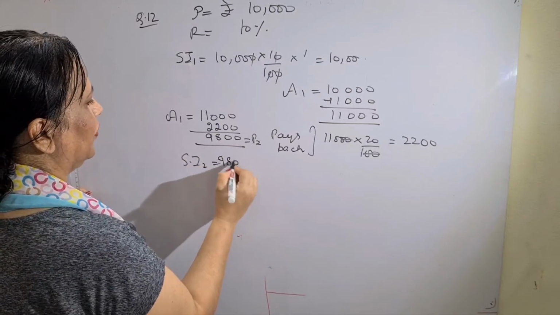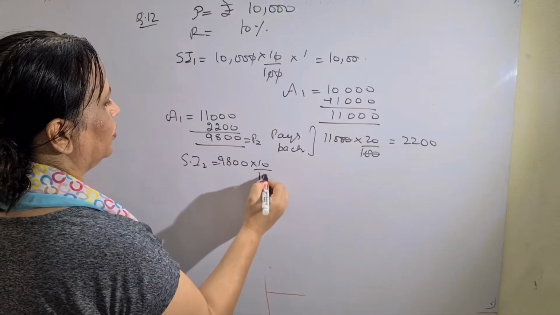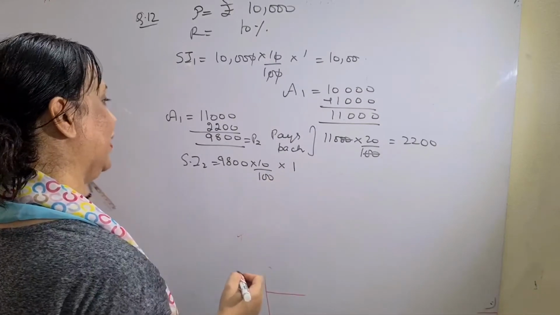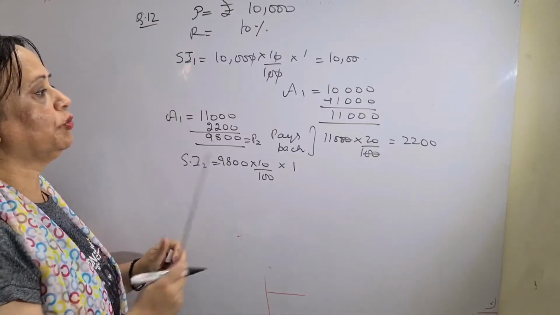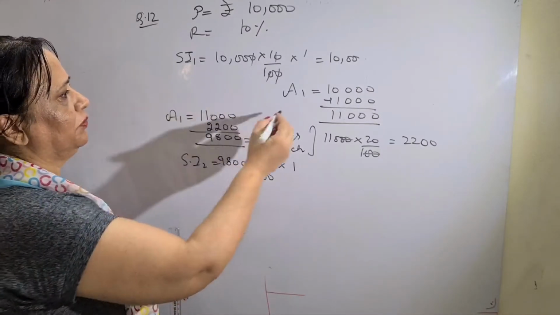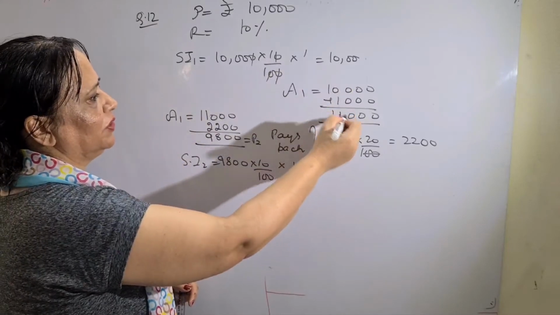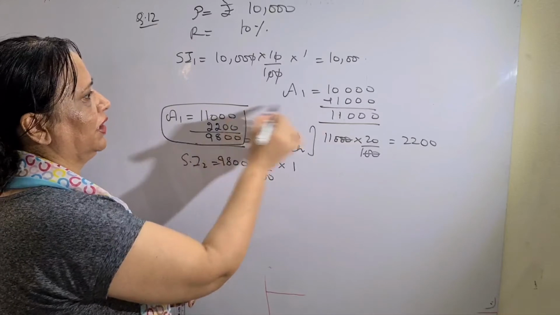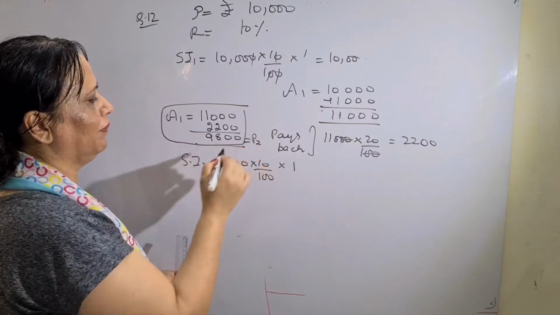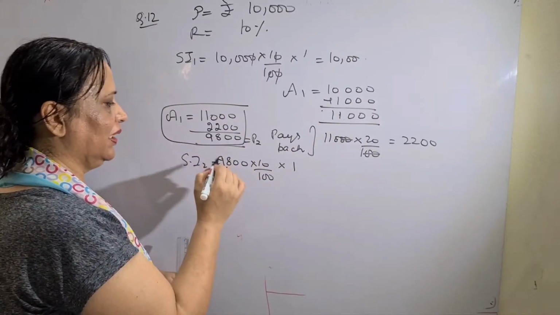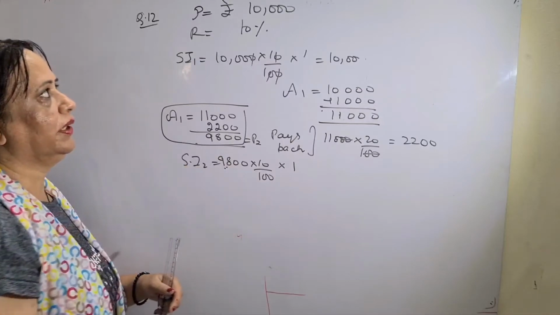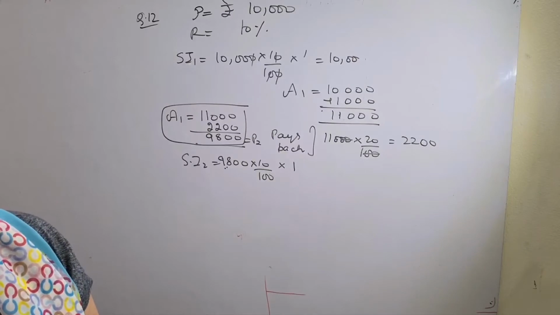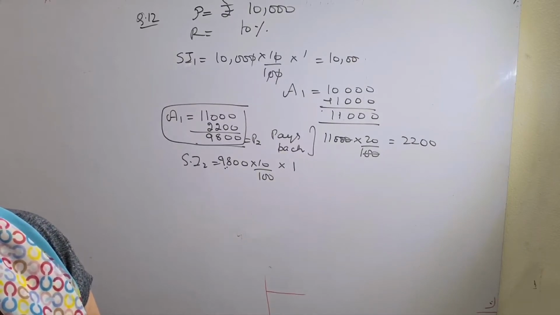So children, I hope you have understood that you have to subtract the payback, because he has paid back after every year 20% of the amount. So my amount was 11,000. I took out 20% of it and subtracted from the amount which I got in the first step. That became my principal for the second step. Similarly in the second case, and so on. The only difference between question number 12 and question number 11 is that in 11 question he pays back